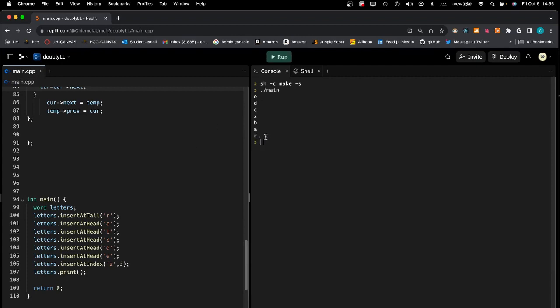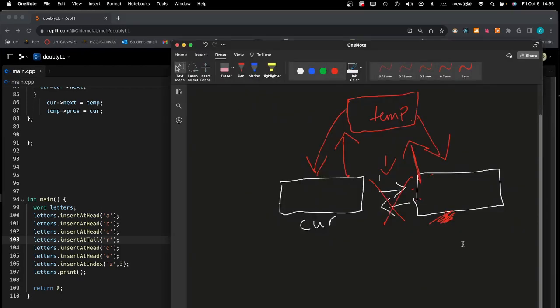Cool. Now we see R right there, and it doesn't even matter where you call this function. I can put it right in the middle. It's still going to be the same thing because it's always going to insert at the tail, just like that. So to see a visual representation of how that worked,